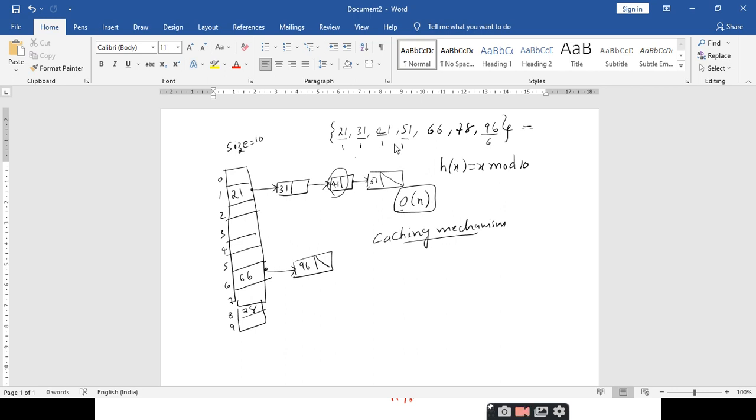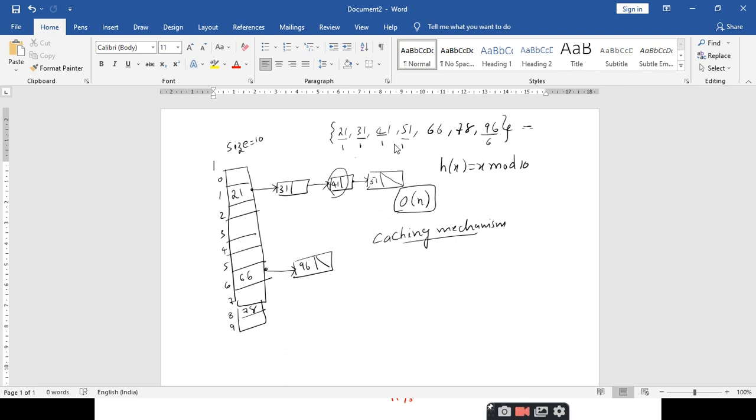Instead of going to secondary storage every time, if we store the frequently used values in the cache memory, right? The most frequently utilized values will be kept in the cache memory. So instead of going all over to the secondary memory and searching for the frequently accessed element, you just keep it in the cache memory. So before going to the secondary memory, you go and search in the cache memory.